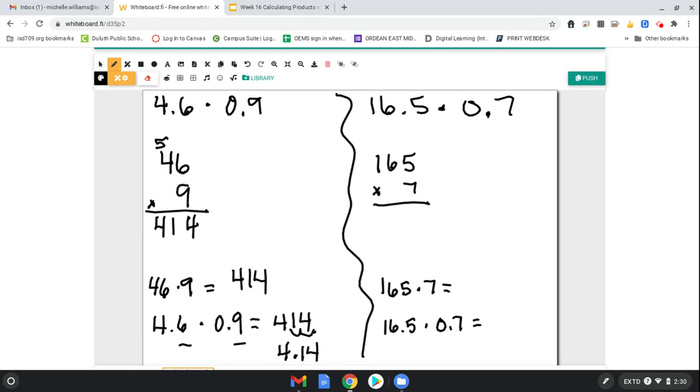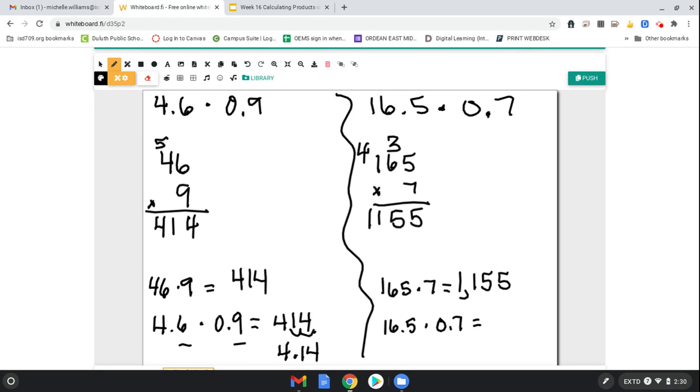Next, we have 16 and 5/10 times 7/10, or as whole numbers, that would be 165 times 7. 7 times 5 is 35. 7 times 6 is 42, plus 3 is 45. 7 times 1 is 7, plus 4 is 11. So the answer there is